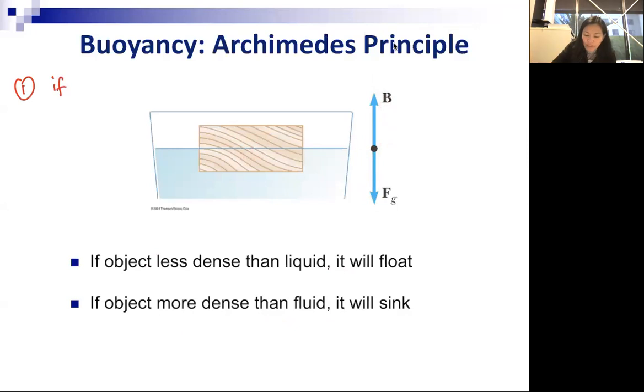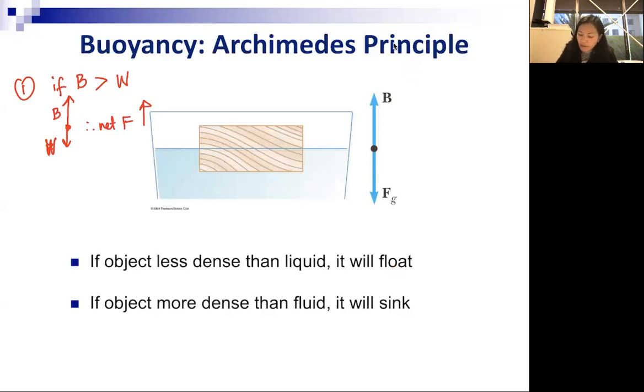If the buoyancy force is greater than the weight force, so your free body diagram looks like this, then the net force will be upwards, because your buoyancy force will be greater. So in this case,